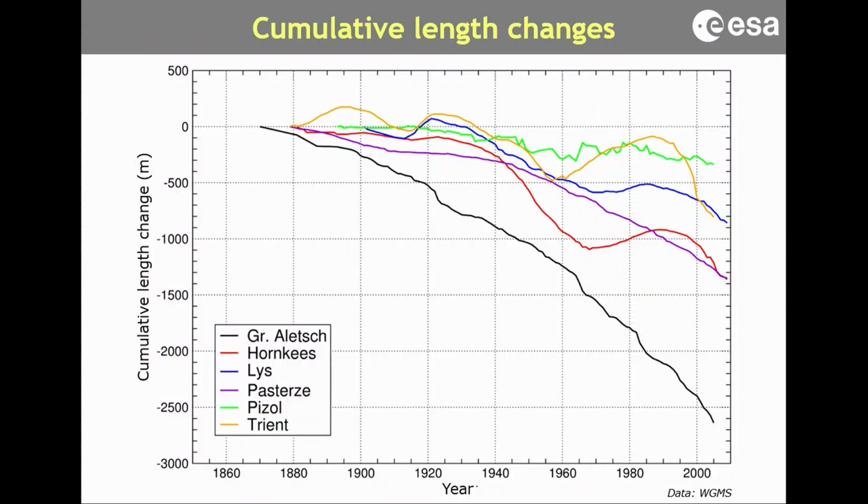And this retreat of the glacier tongue is, of course, very specific for the glacier. So you might have seen these curves before, showing the cumulative length changes of the termini. And the different curves are for different types of glaciers. So you have the large ones, which have very long response times, like Rosse-Aletsch or Pasterze, shown here in black and purple. They provide you the centennial climate signal, so just the temperature increase in this case and the response of the glaciers to this as